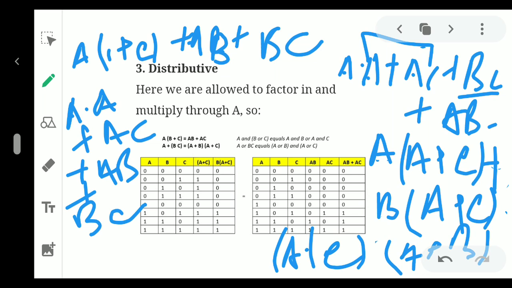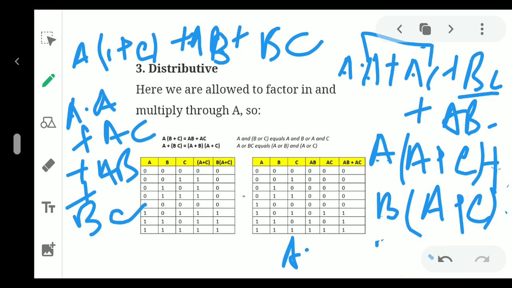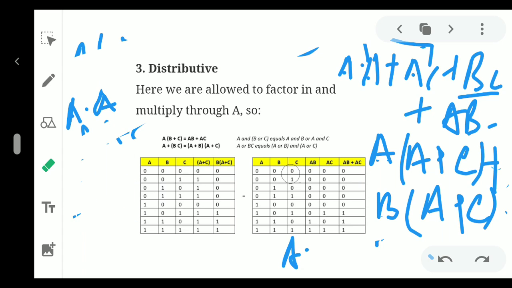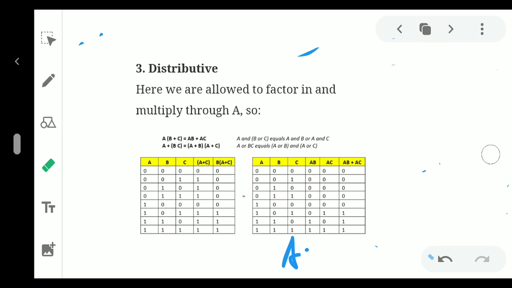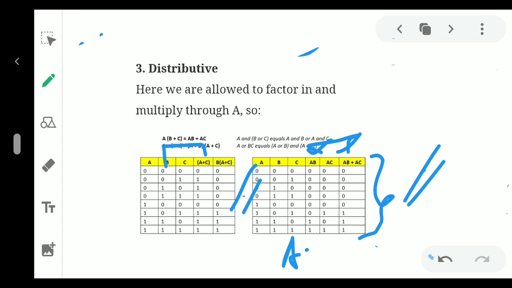Or we can take the help of the truth table. With the help of the truth table, I am explaining one time. First I am getting the value of A plus C. Now with the A plus C value, I have added the B value, so we are getting B into A plus C. Now individually we have found the AB value and the AC value. If we add these two, we get this value. Compare this with this, and we are getting the same result. In this way we can do it in tabular format, or else we can complete it using the formula.